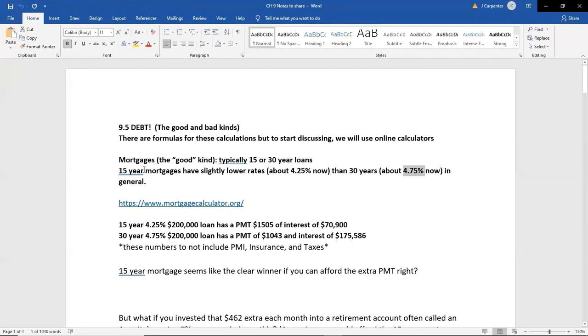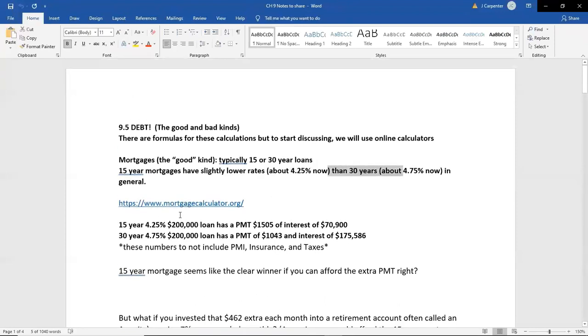All right, so again, when we talk about mortgages, we'll go with 4.25, which, if you don't have perfect credit, if you've got just okay credit, maybe that is the mortgage rate you're getting, or a 30-year mortgage, which is 4.75%. Now, most people get a 30-year loan, but some people go for a 15-year loan, and there's arguments for either of them, which we'll get into. So I'll show you the numbers with the actual